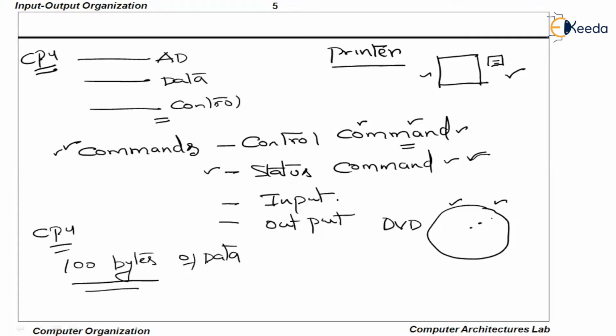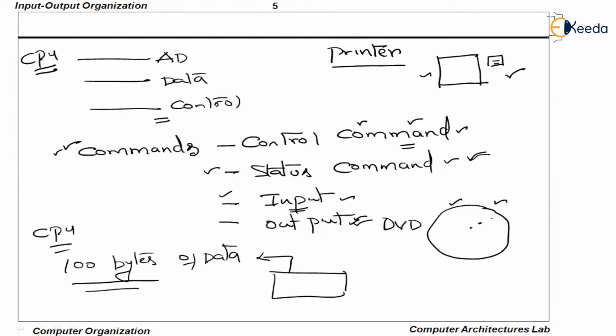Okay, you know what is input and output? When the input command is passed, the peripheral device will act as an input device. When the output command is passed, the peripheral device will act as an output device. If you want to communicate with a keyboard, the input command should be enabled because the keyboard is an input device. Then there will be a flow from the keyboard to the interface to the CPU. So the data bus will receive the information from the keyboard.